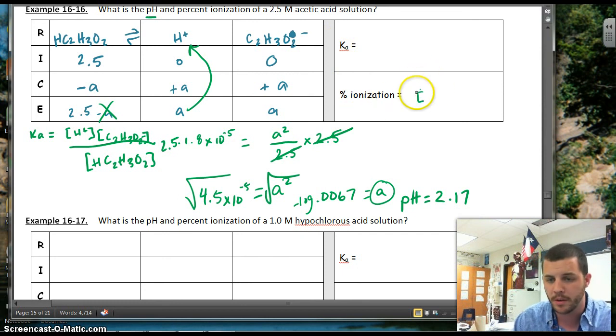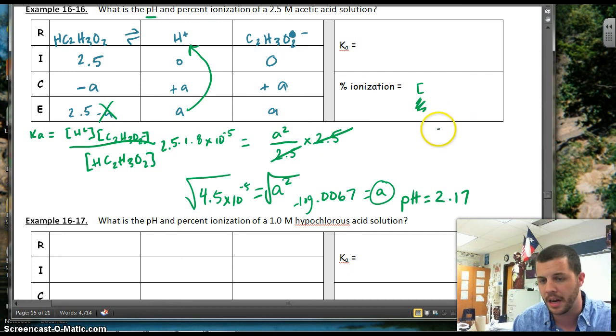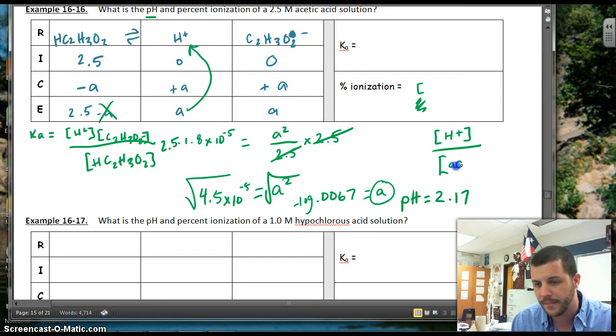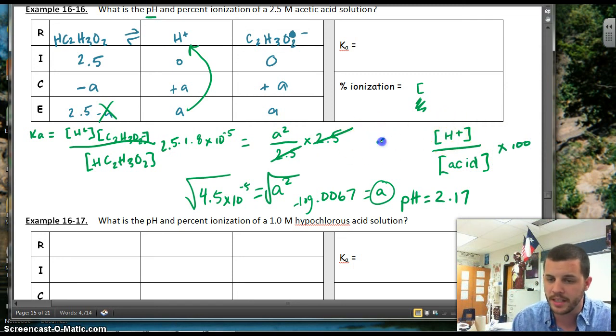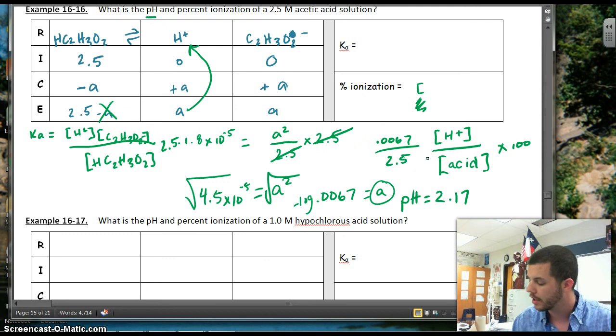Okay? For my percent ionization, all I'm going to do is take the H plus concentration over the acid concentration, times 100. My H plus concentration is 0.0067. My acid concentration is 2.5. So I'm going to do 0.0067 divided by 2.5, enter, times 100, enter, and I get that the percent ionization equals